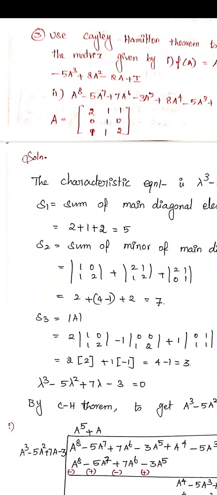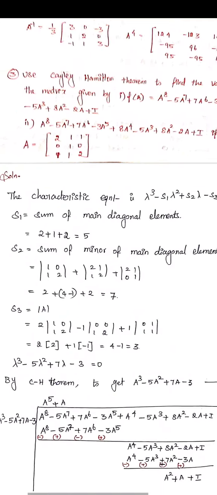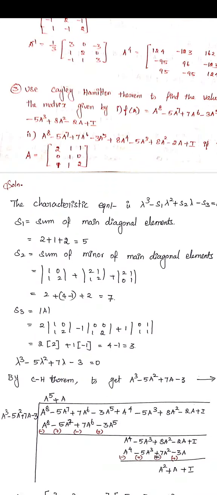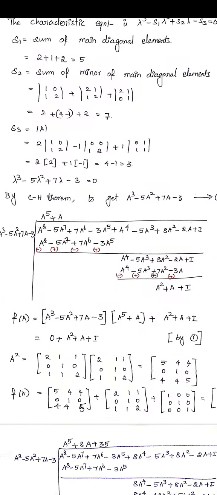Next one is the characteristic equation of this 3 by 3 matrix: lambda cube minus s1 lambda square plus s2 lambda minus s3 equal to 0, where s1 is the sum of the main diagonal elements, that is 5, s2 is the sum of the minors of the main diagonal elements, that is 7, and s3 equals the determinant of A. The characteristic equation of this A matrix is lambda cube minus 5 lambda square plus 7 lambda minus 3 equal